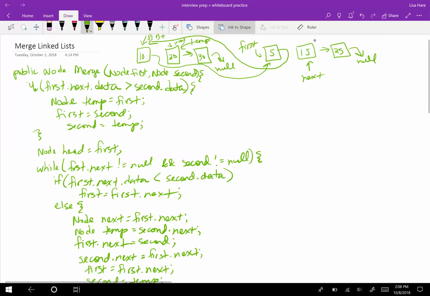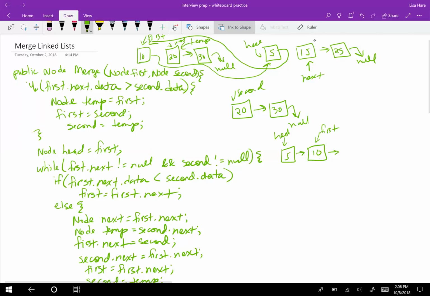All right, if we redraw this really quick, we're going to end up with 20 and 30. And this was second. And then if we look at the other one, we've got 5, which is our head, 5 points to 10, and 10 is first,